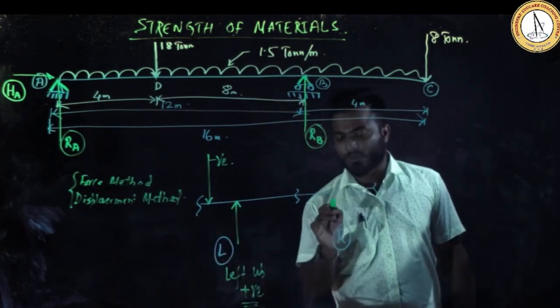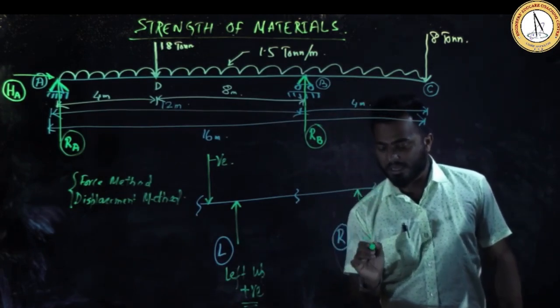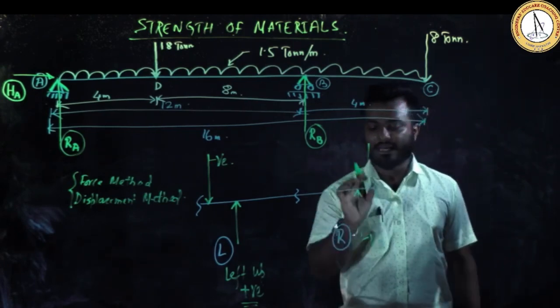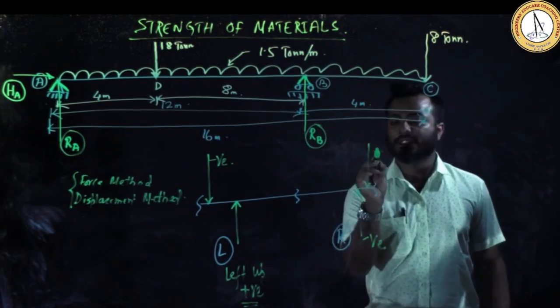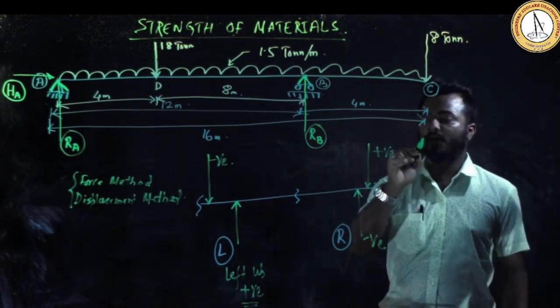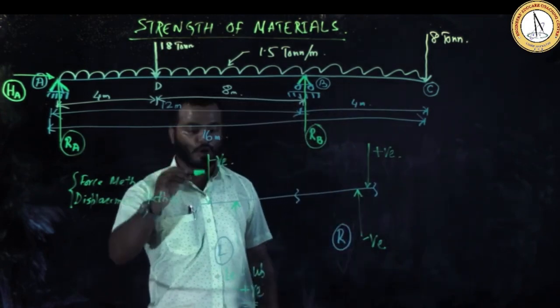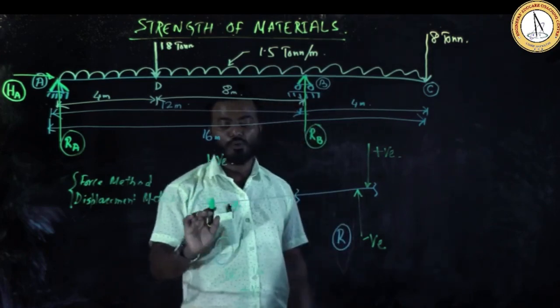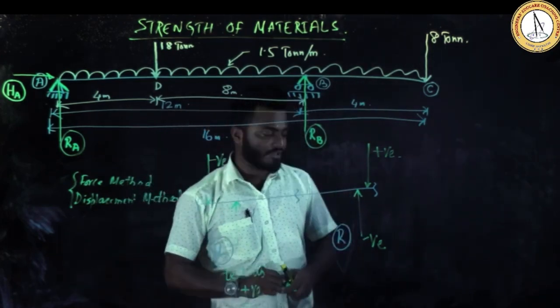Similarly, if left up is positive, then definitely right up will be negative. And if you have seen that in the right side you have started to draw and there is a presence of downward force, you need to consider it to be positive. This is the sign convention you need to follow once you calculate the shear forces at the different locations to draw the SFD. Now let's see what is the next step.